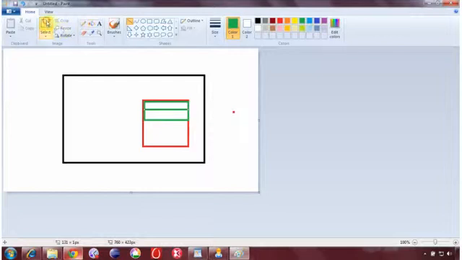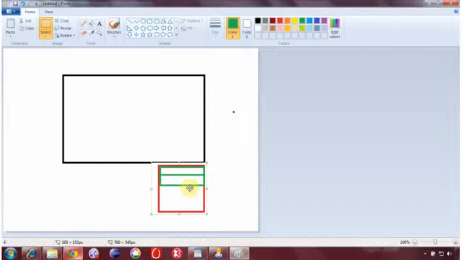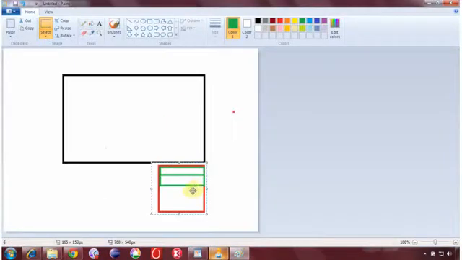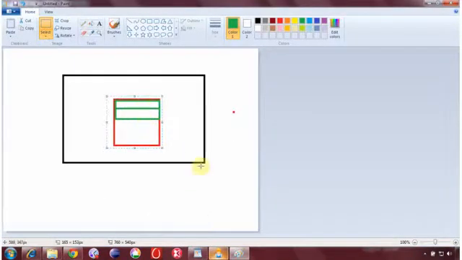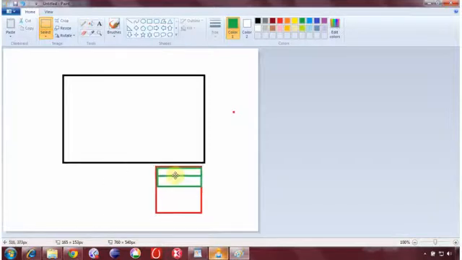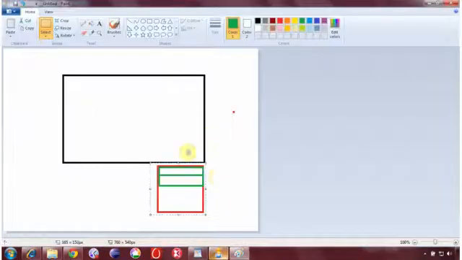Now initially where we want this particular box to be, when the browser is loaded, all we want is that this should appear over here like this. And you can see over here the very first property I specified for the whole container. Where is its position? From bottom 0 and from right 0. Why did I say from bottom 0 and right 0 here? If this is the box, I say it should come over here to the bottom right. I say from bottom your distance should be 0 pixel, so it will come over here. From right it should be 0 pixel, so it will come over here. This is what I specified. If you see over here, bottom 0, right 0, so it comes at this position.